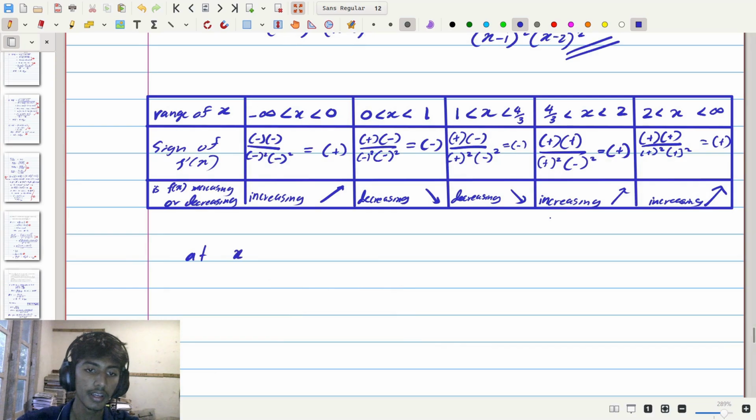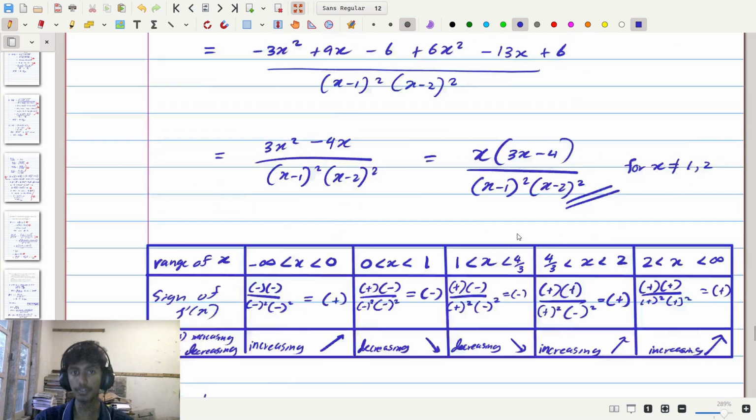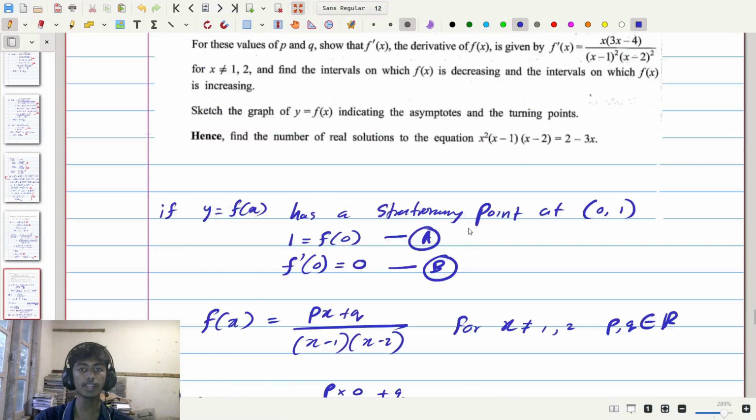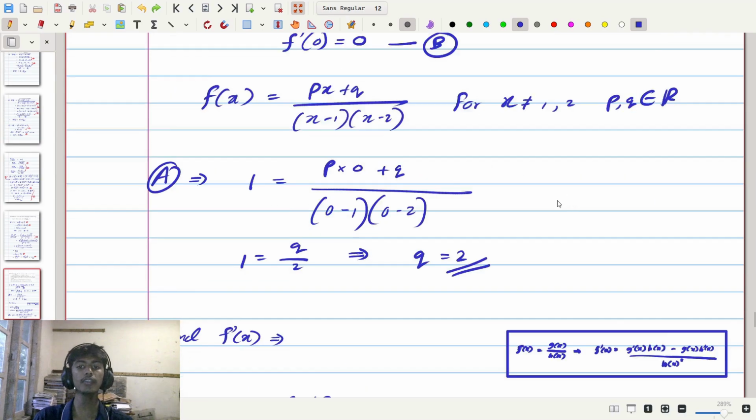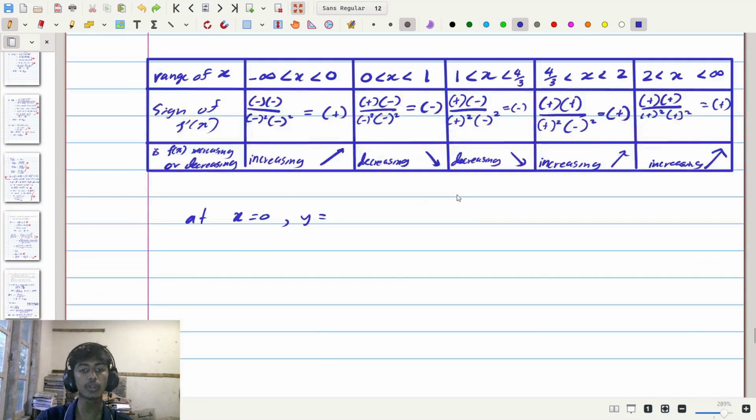at x equals 0, and we can also write the corresponding y value, and we've actually given the y value in the question. They said for x equals 0, y is equal to 1, since 0 comma 1 is a point, and therefore we can say for x equals 0 comma y equals 1, there is a local maximum stationary point. Now considering the other ranges, we can see we're decreasing and decreasing here, so there's no stationary